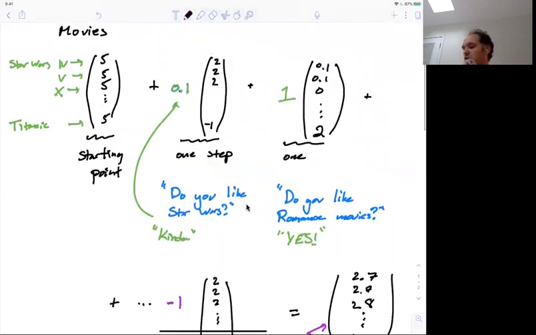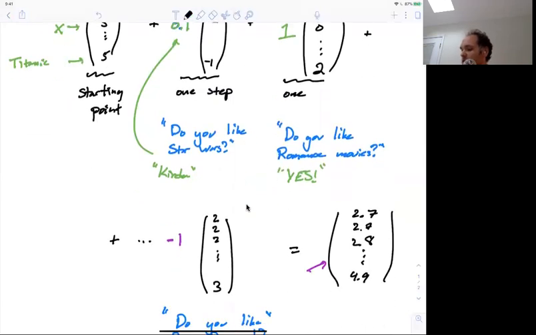Most of the winning entries took an approach like this. You started out with a base rating, and then they figured out what your principal directions are based upon your previous movie ratings. Instead of asking you, do you like Star Wars, they would simply ask, how well did you rate the Star Wars movies you did see? How well did you rate the romance movies you did see? And then they would use that to judge how many steps you should take in various directions.